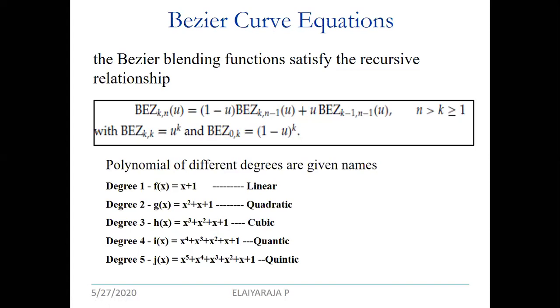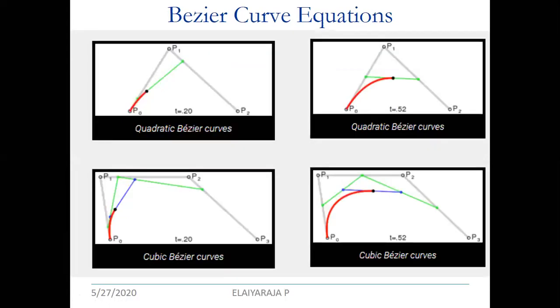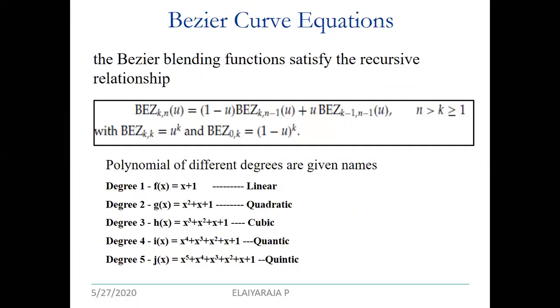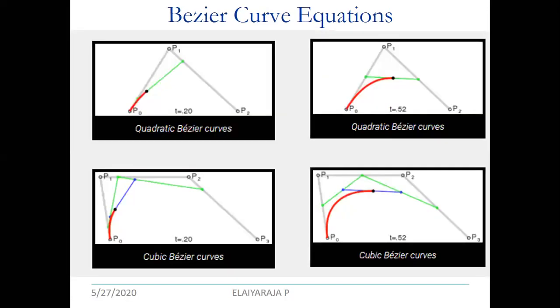Okay, quartic as well as quintic. And as I said, there are a few examples with respect to quadratic as well as cubic. Okay, quadratic: we have three control points P0, P1 and P2. What is the degree of polynomial here? The number of control points is 3, so 3 minus 1 is 2. So here, two means you have to take a quadratic equation. That's why it is a quadratic Bezier curve, where it starts the curve here at the P0 point.